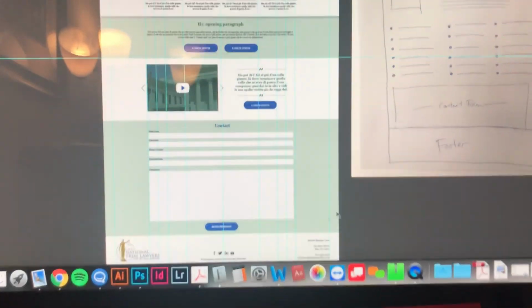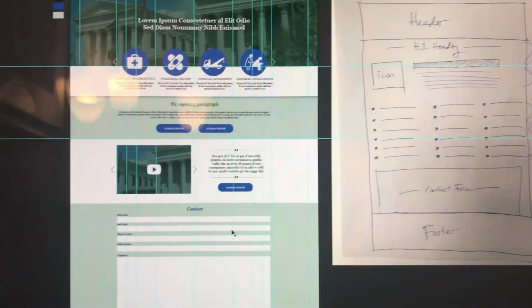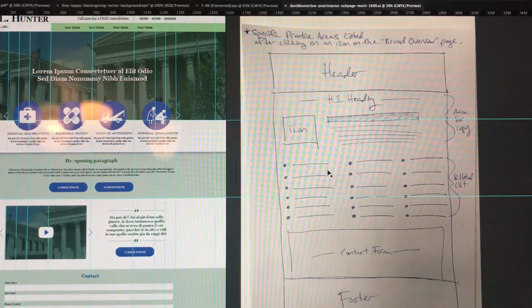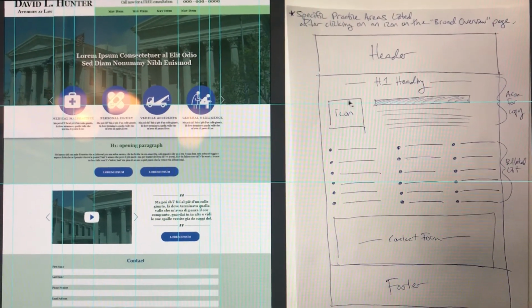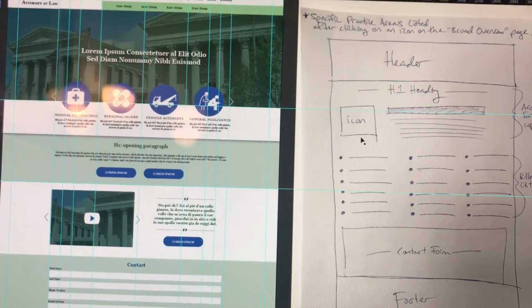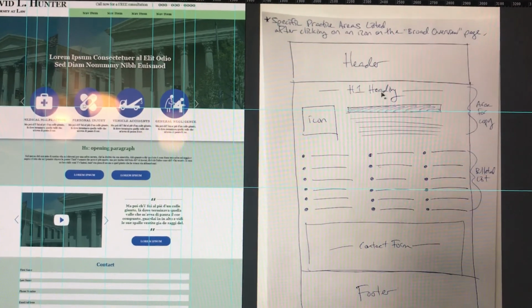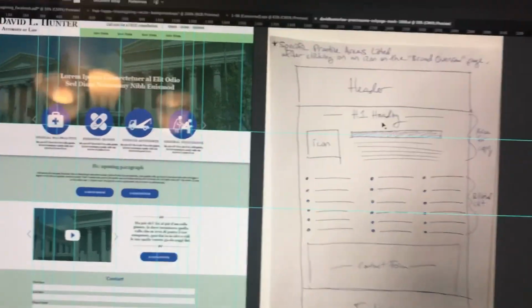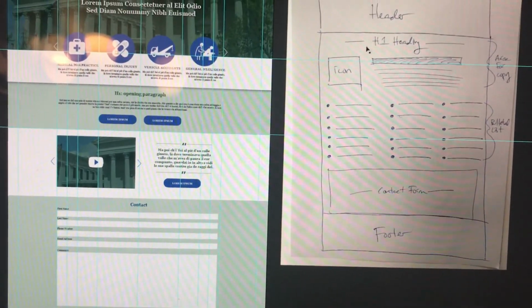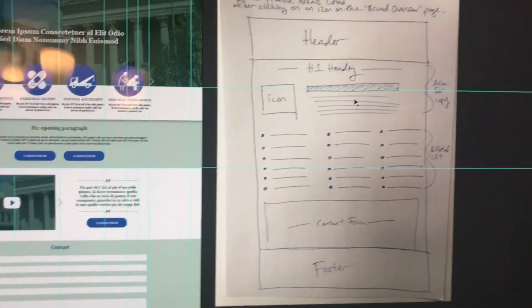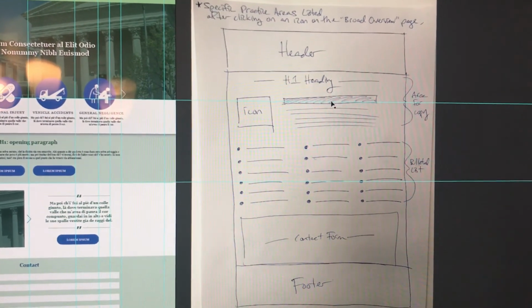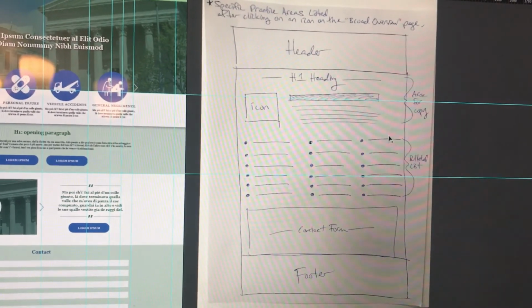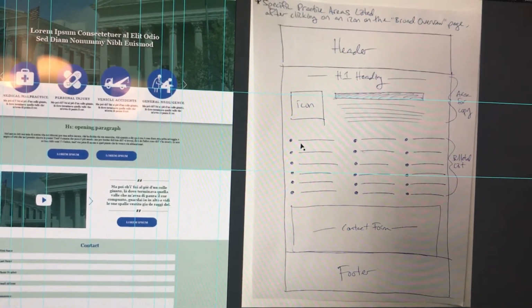As you can see on the wireframe, we are going to keep the contact form here at the bottom. All we need to do is keep that icon over here so that the viewer knows which page they're on. We'll have a heading up here at the top. This is going to be really similar to the layout that you just did with the bio page. We'll have a centered heading here at the top, a place here for paragraph text, and a little line above the paragraph text, and then we'll have some bulleted columns that we can just label all of those lorem